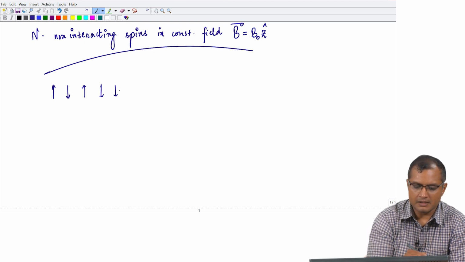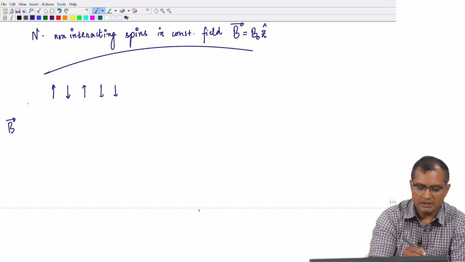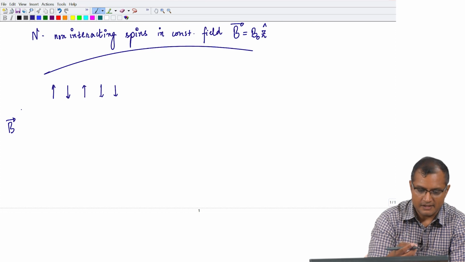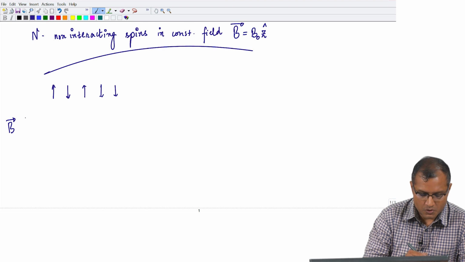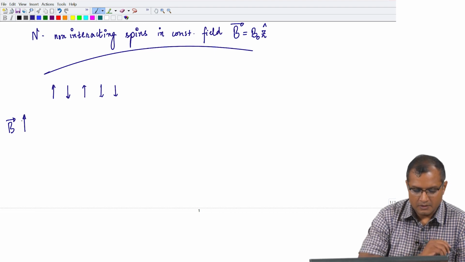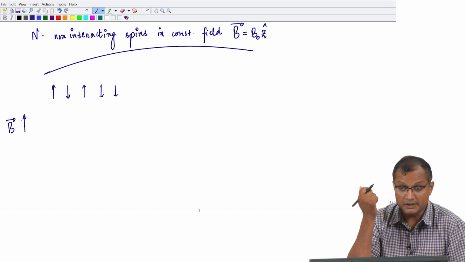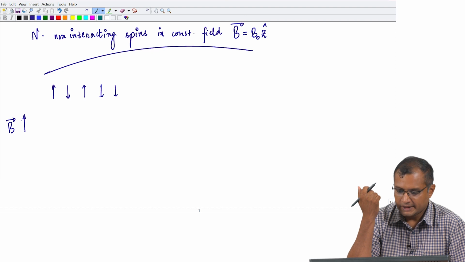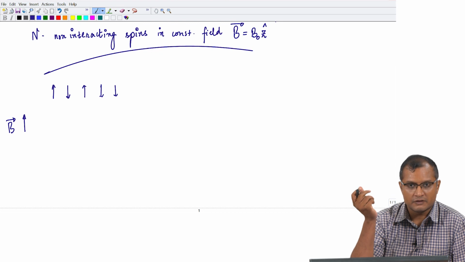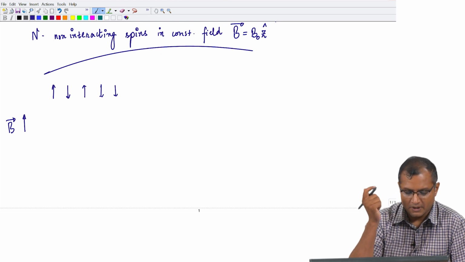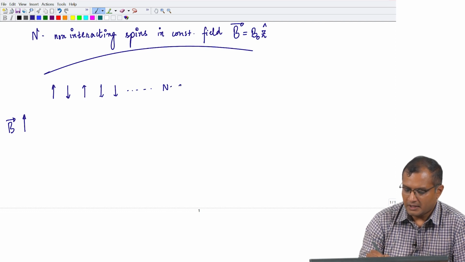in a magnetic field that is uniform and pointing in some direction, let us say the z axis. I can choose the z axis to be anywhere, but I am just showing the magnetic field to be along this direction, that is my z axis, with a constant magnitude in the direction of the z axis. So, you can take n such spins, and